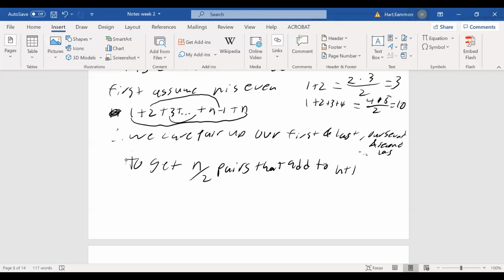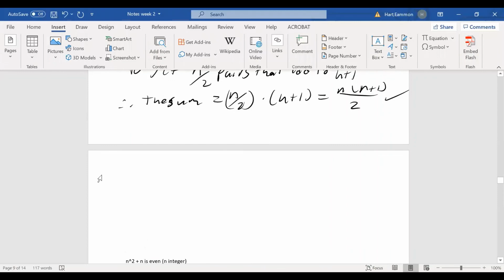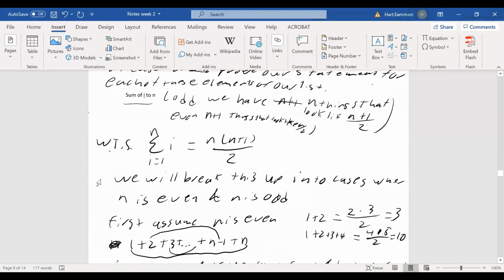Each time we add 1 here, we subtract 1 here, meaning that we'll always add up to n plus 1. Therefore, the sum is equal to n over 2 times n plus 1, which is just n times n plus 1 over 2. Therefore, it works for the case where n is even. What if n is odd? So if n is odd, then we should have